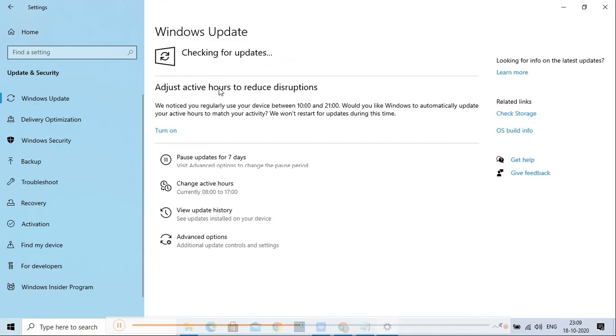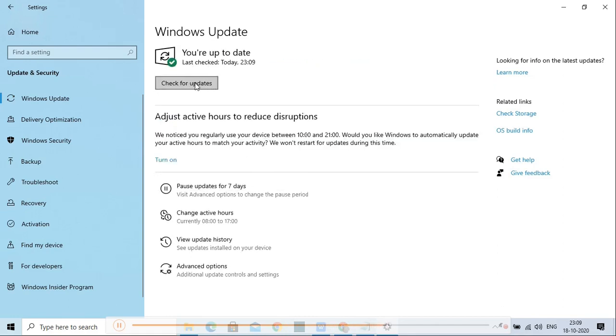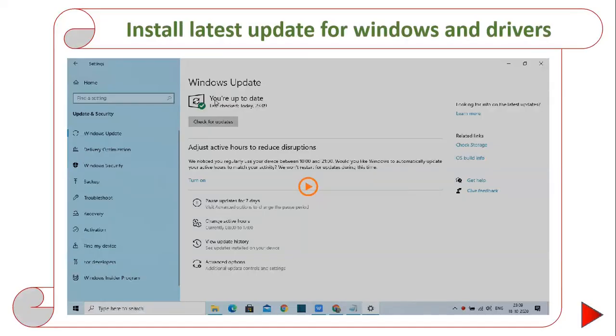If there is any, it will show you. If you see green tick, that means no action is needed. In case updates are available, download and install it. Let's check our next method.